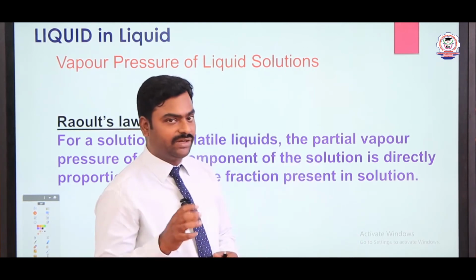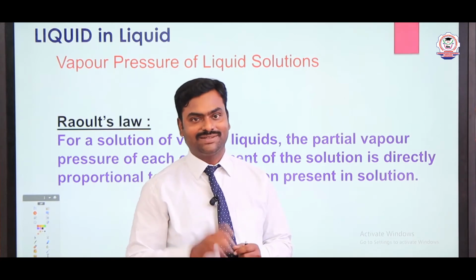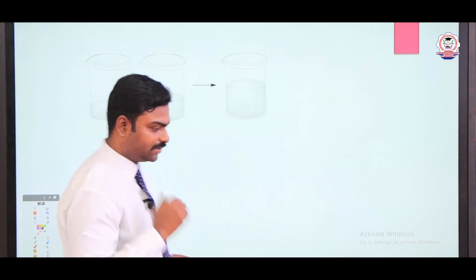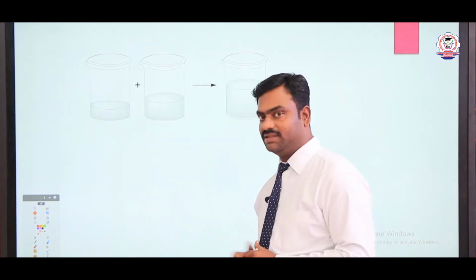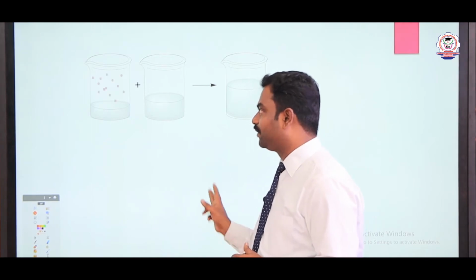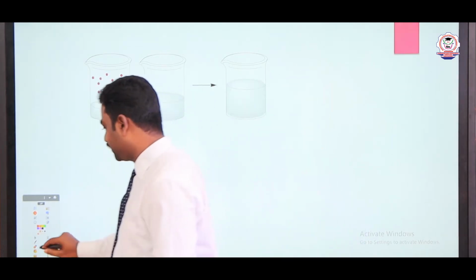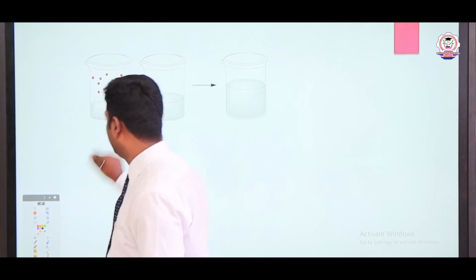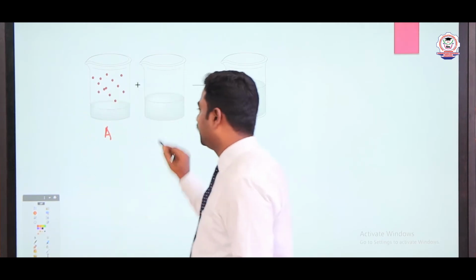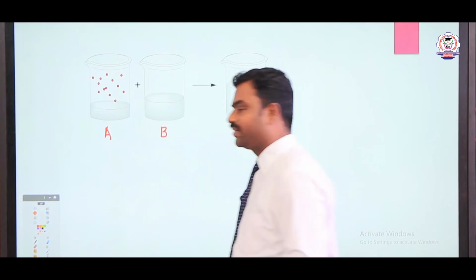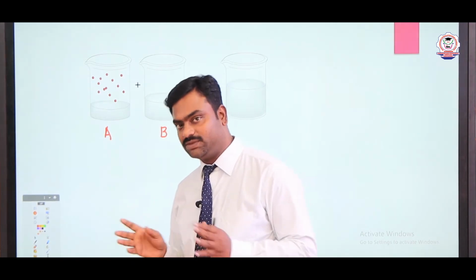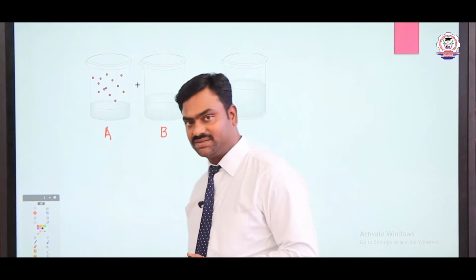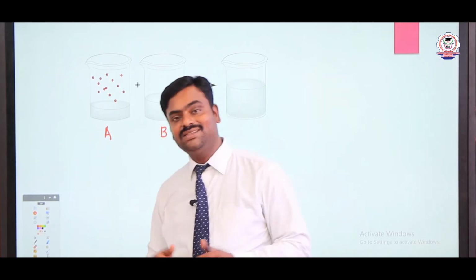So, now we are going to give the physical expression for Raoult's law. See students, here I have given two beakers. In these two beakers, we have two different liquids. One is A, another one is B. Let us consider this as A and the other liquid as B. We have two liquids. As it is a volatile liquid, it is giving some vapors. Some vapors are evaporated. Consider these vapors as vapor A, VA.